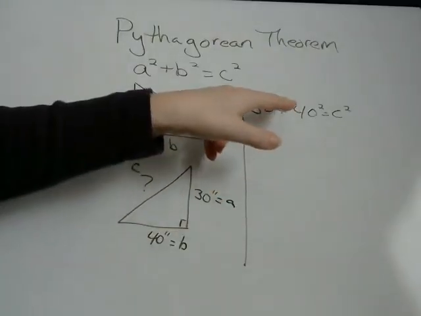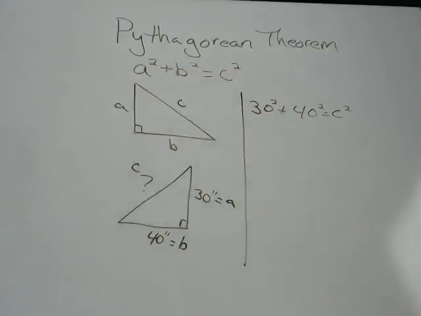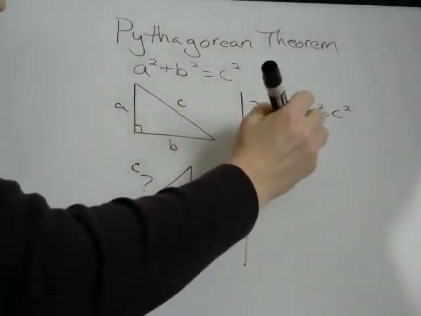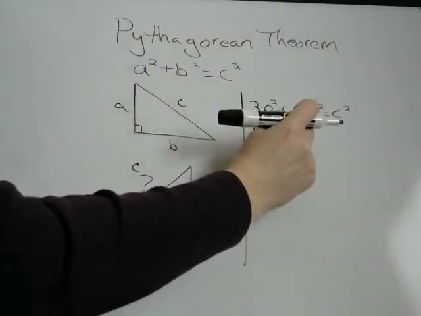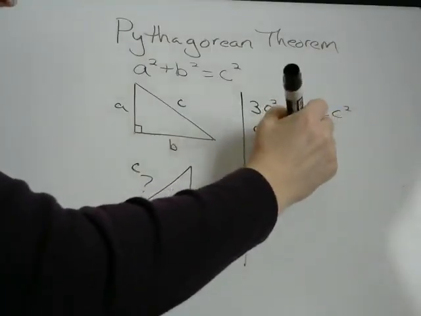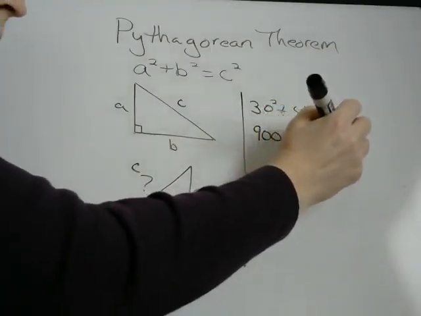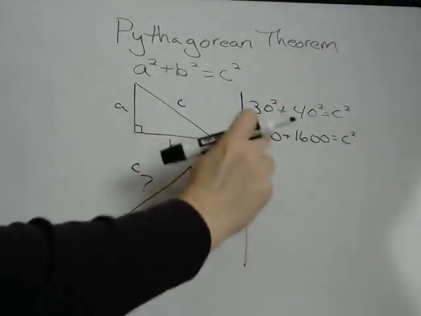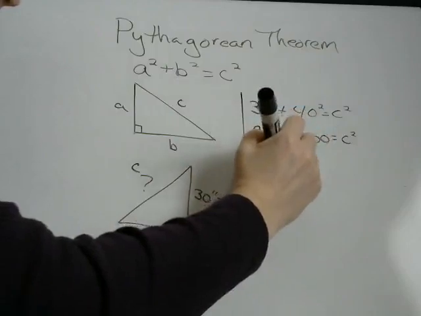There's also a video on exponents and roots. 30 squared is 30 times 30. You can plug that into your calculator. You get 900, plus 40 squared means 40 times 40, 1600, equals C squared. 900 plus 1600 is 2500